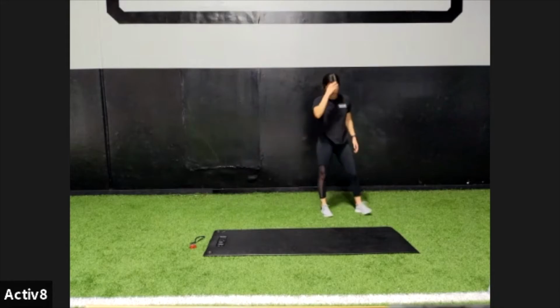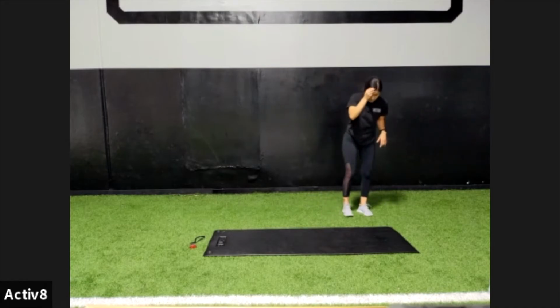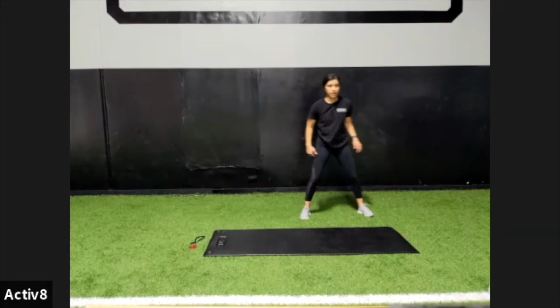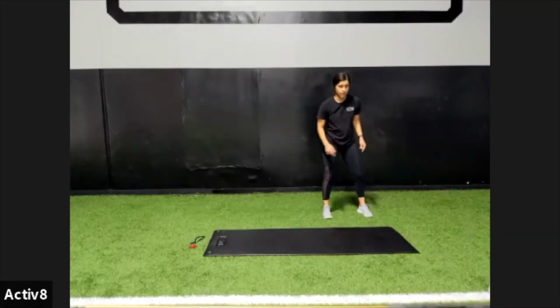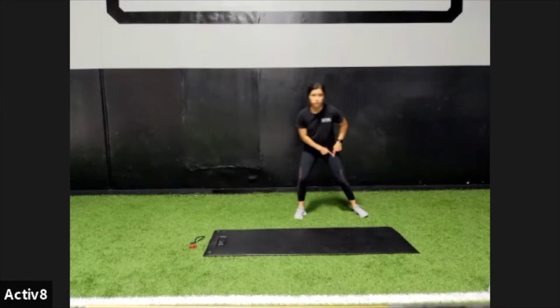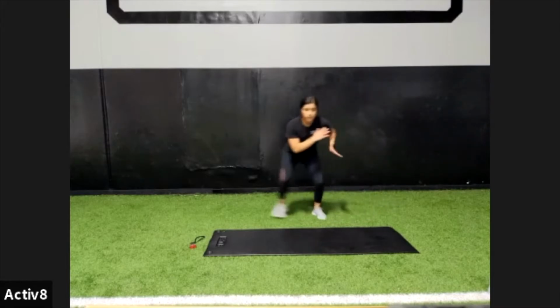We're going to go into a shuffle. Take 3 steps and then a squat jump. So important here, we don't want to be reaching with this foot right here. We want to be pushing, focus on pushing off this back leg here. So not reaching with this foot, more so pushing this back leg. So 3 steps